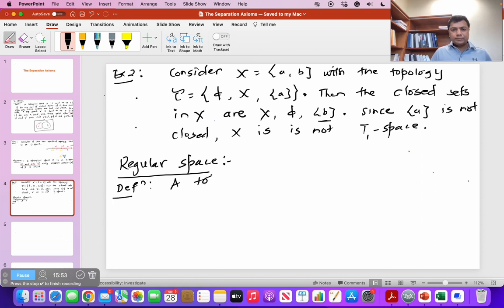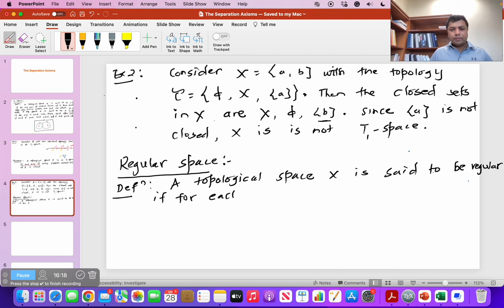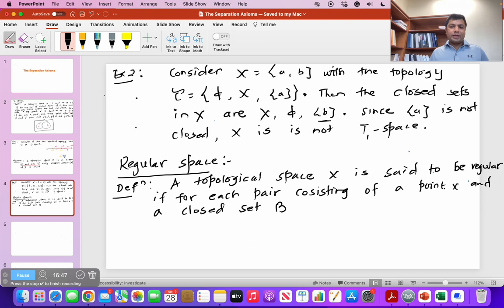A topological space X is said to be regular if for each pair consisting of a point X in the topological space X and a closed set B